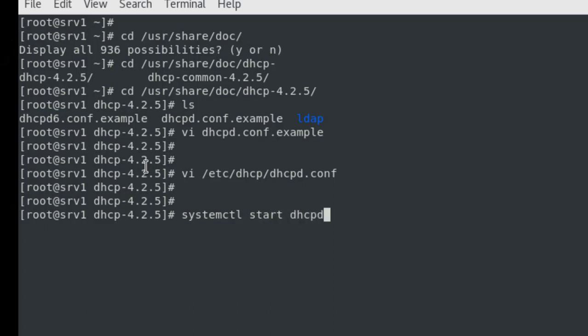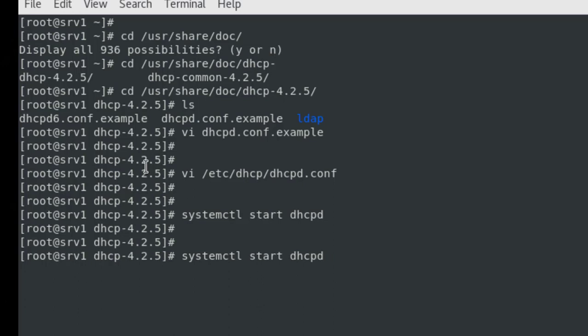Okay guys, it has started successfully, which means whatever we typed inside dhcpd.conf has no errors. If it is not starting, you will be prompted with an error message, and you can use journalctl or systemctl status dhcpd and check what the error is. Now let us enable this.